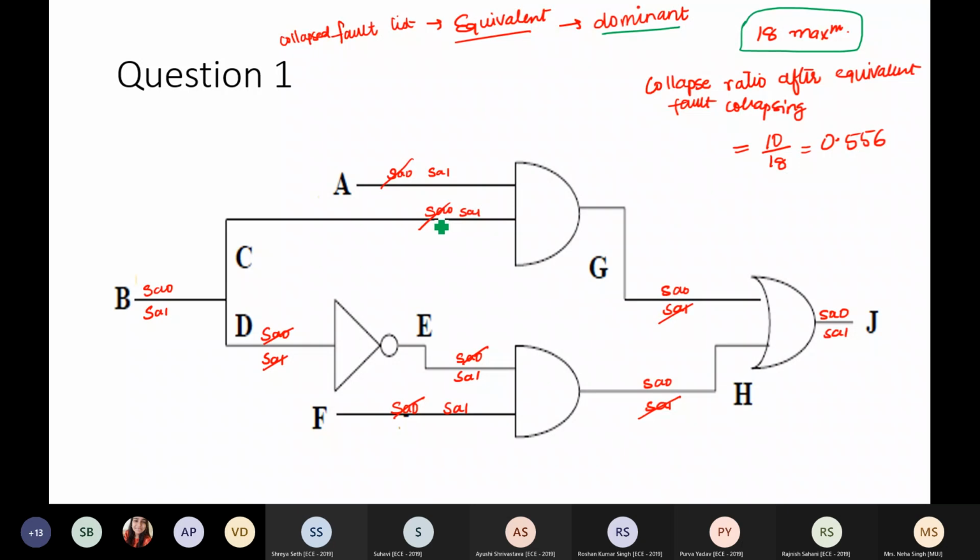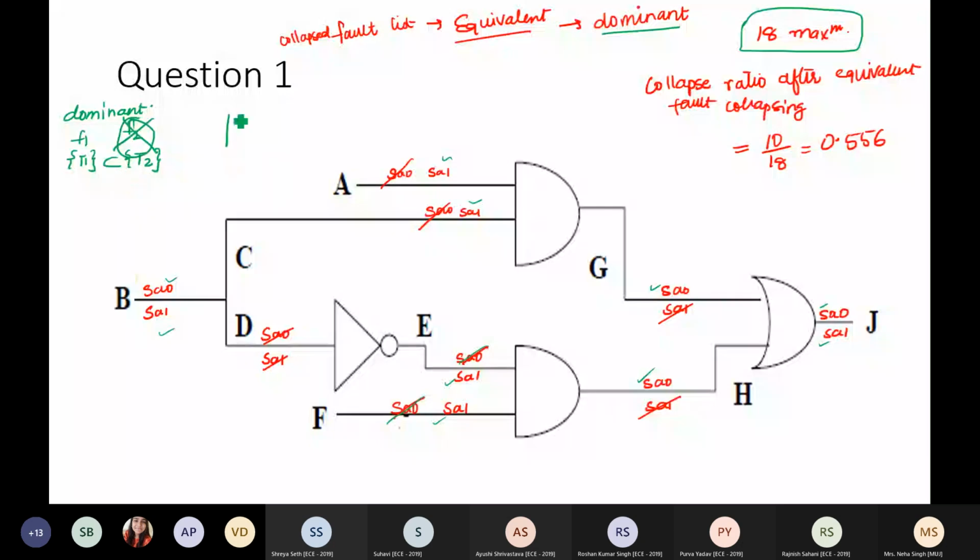Further, we can reduce the fault list by eliminating the dominant faults. What are dominant faults? If F1 is tested with the test pattern T1, and F2 is tested with the set of all test patterns T2, and T1 is a subset of T2, then we say F2 is dominant and we eliminate this F2. Right? So if we look at the AND gate,